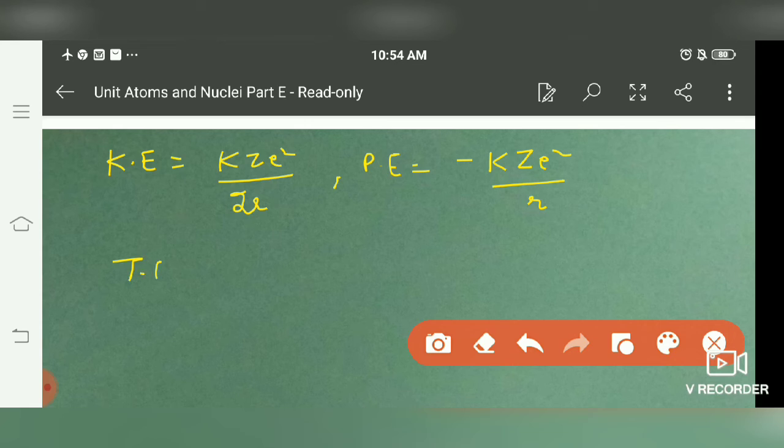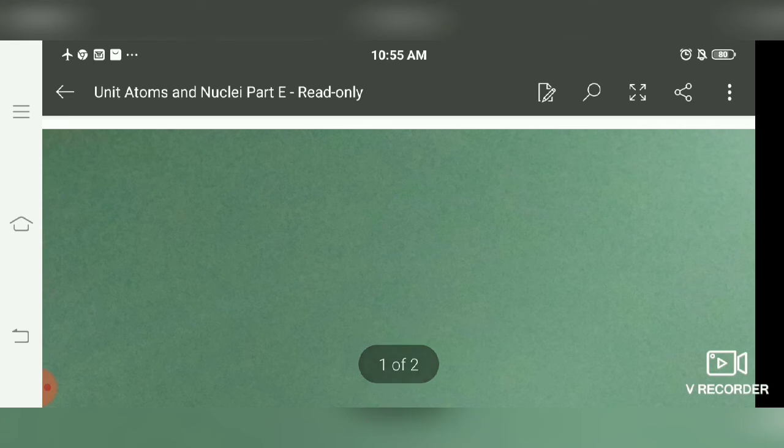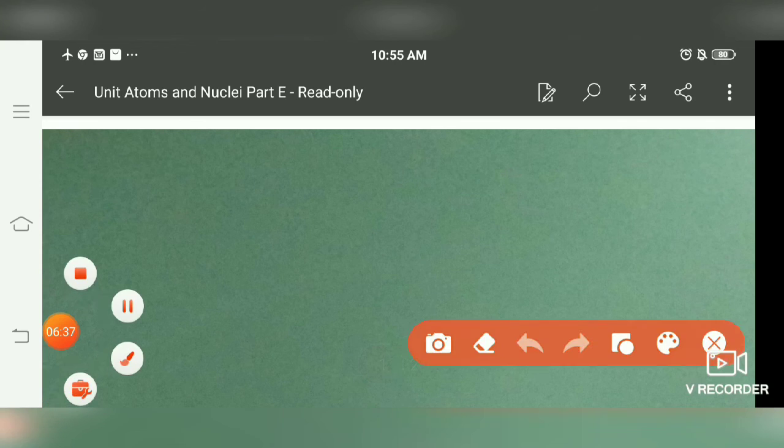Now total energy equals kinetic plus potential, and if we substitute the values we get kZe² upon 2r plus minus of kZe² upon r. From here we get it equals minus kZe² upon 2r, where the minus sign shows that the system is a bounded system. By substituting the value of r that we have found for Bohr's orbit,